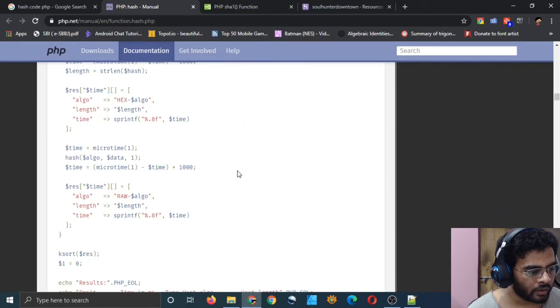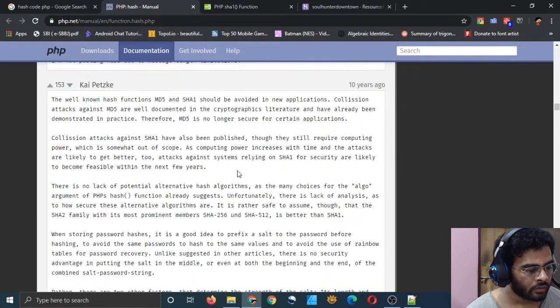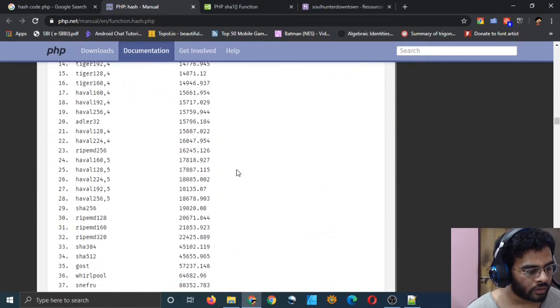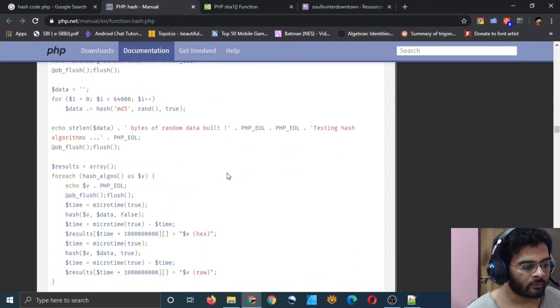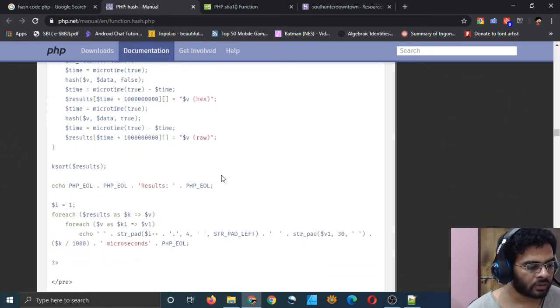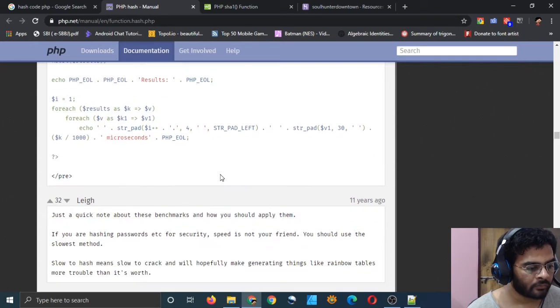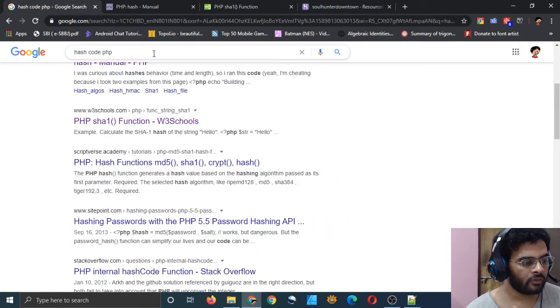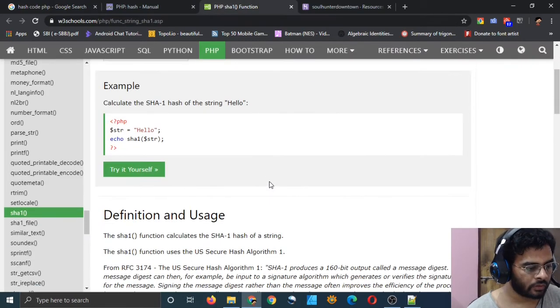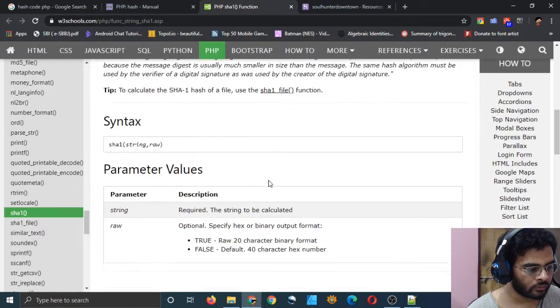But in our database, we have actually set the varchar values to 10. The maximum length of our varchars, our variables, is 10 or 12 or something like that. So I wonder if we will be able to use hashing. Let me see W3Schools.